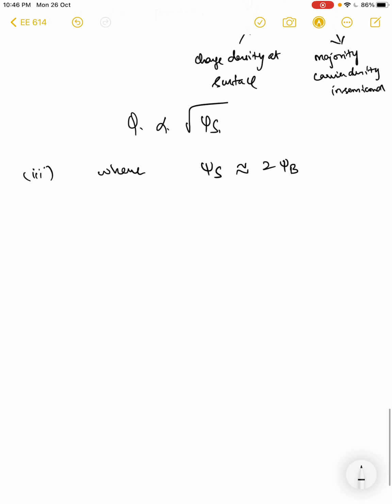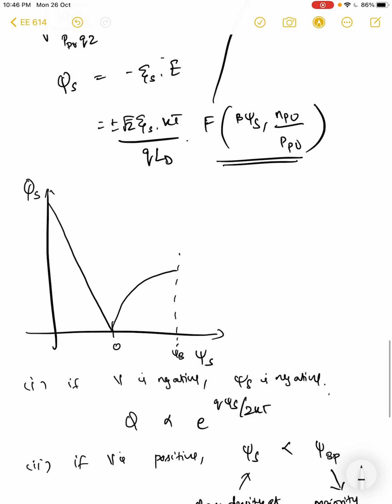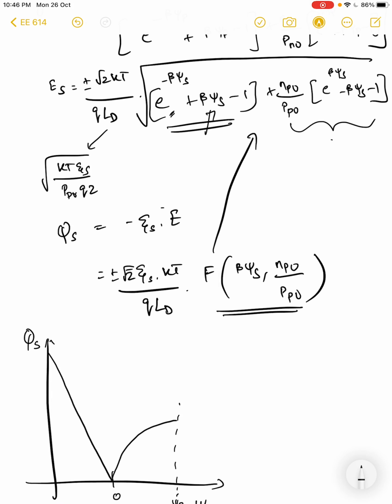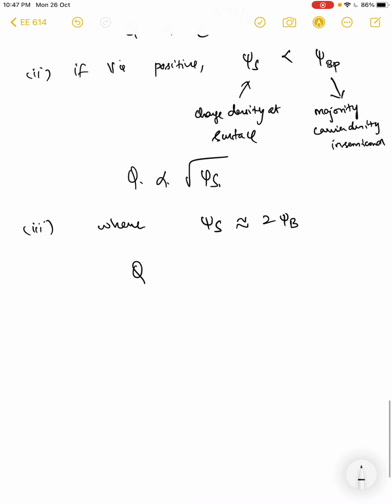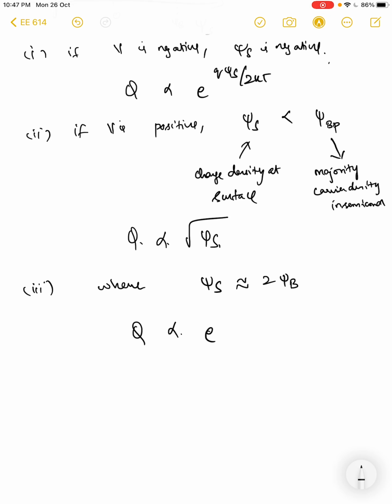right? So under this situation, I have a very large electron concentration in a p-type semiconductor, and hence it is this term which will dominate, and hence here again the first term will dominate, right? So basically under these situations Q will be proportional again to e power q psi s by 2kT. Once again